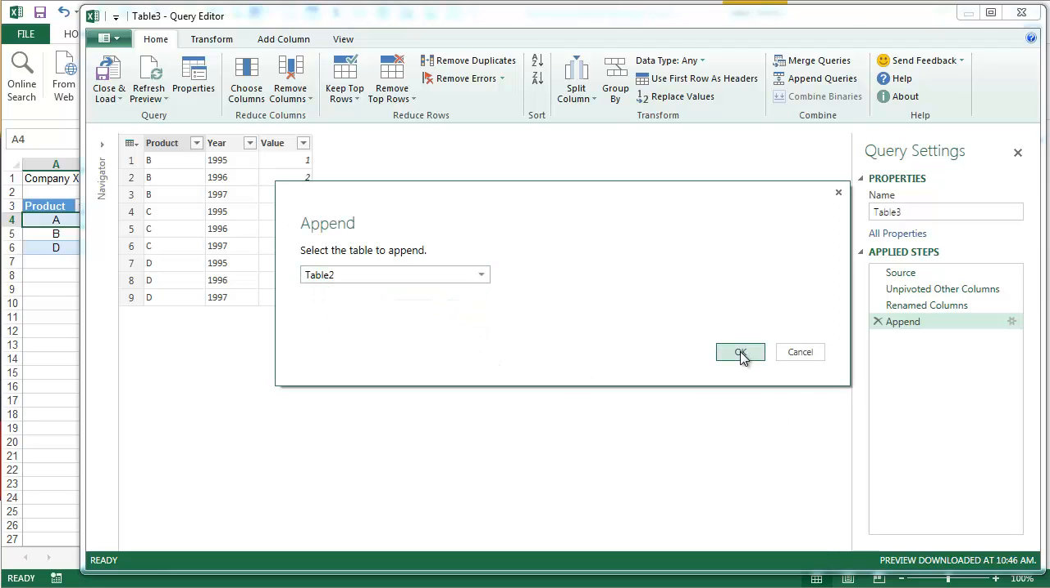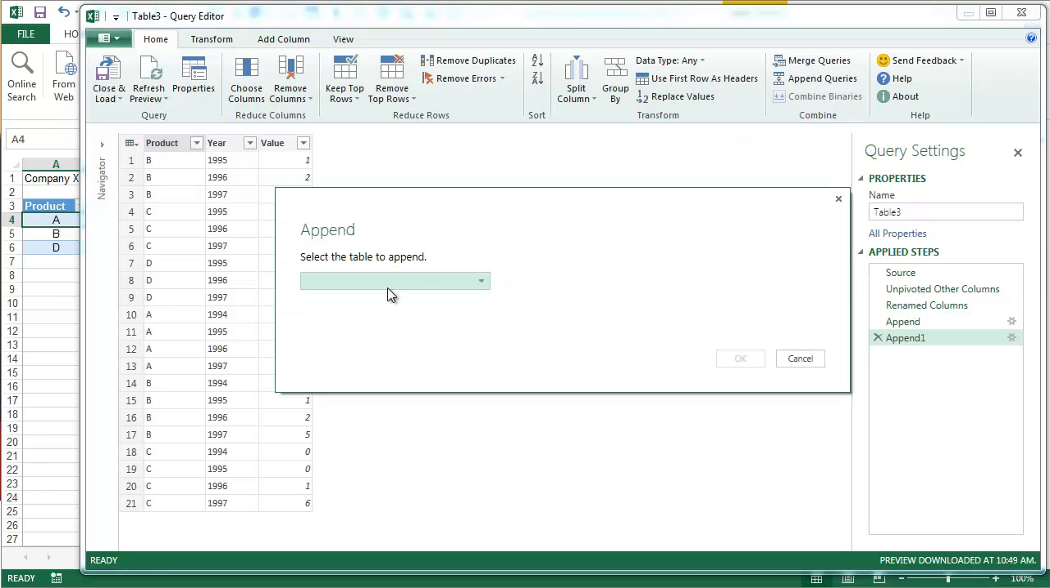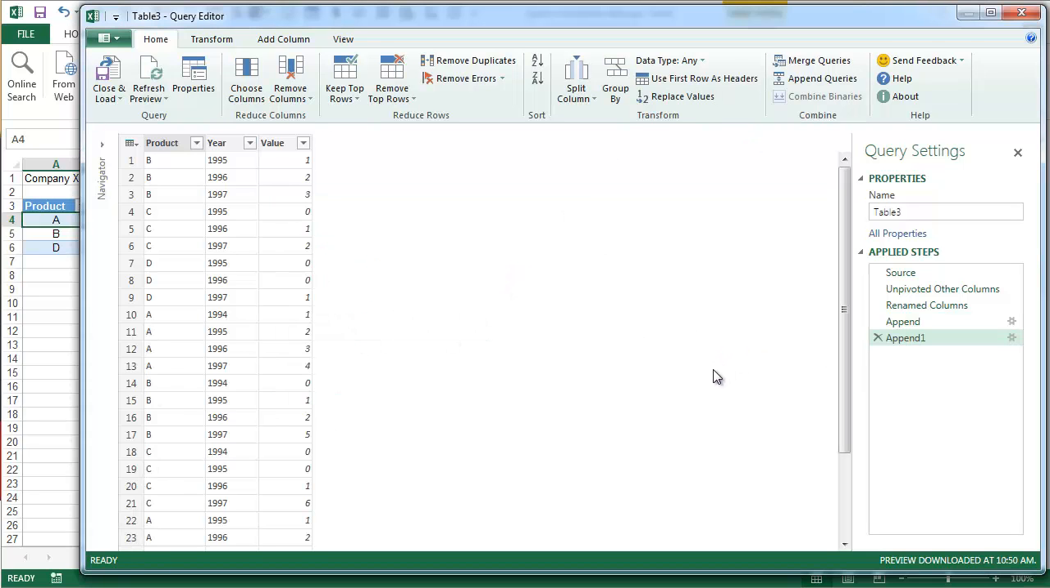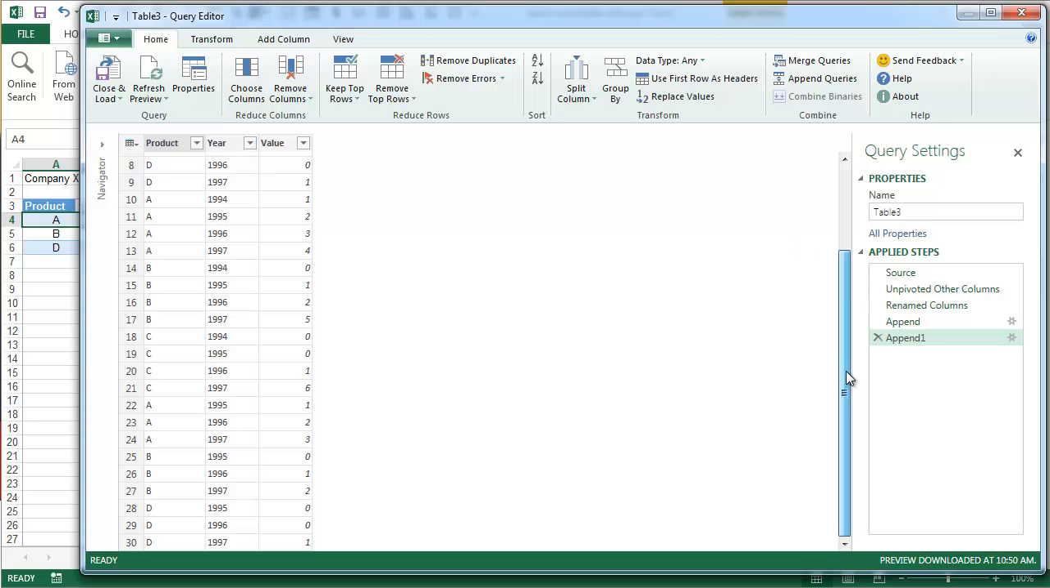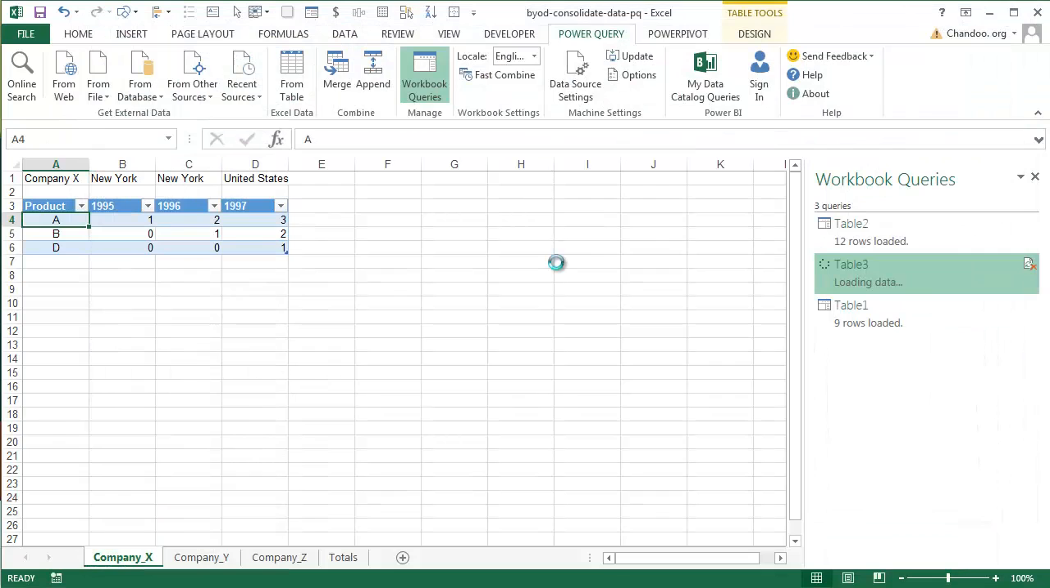Okay, this will get all the table 2 data and paste it beneath. Let's repeat the process once again. This time append the table 1. So all the data is consolidated, and now we will simply say close and load, and this will update the